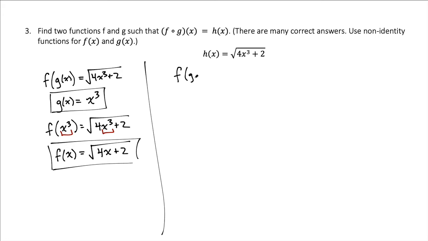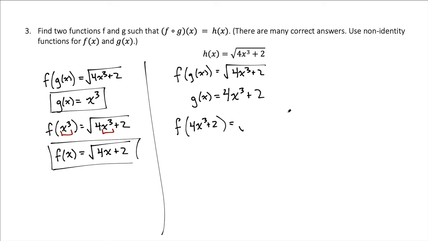And we have the same setup. F of g of x needs to equal the square root of 4x cubed plus 2. And again, we want to pick g of x. And notice that g of x is just the first things happening to x. And we can do any number of things. We can take our x cubed, but after x cubed, we then multiply that by 4. Now we could stop there, or we could keep going and say, well, let's add 2 to that as well. And now what we're looking at here is f of g, but if we've called g that 4x cubed plus